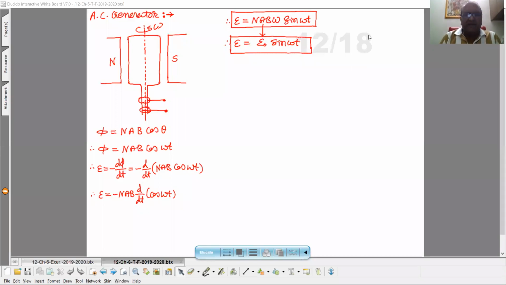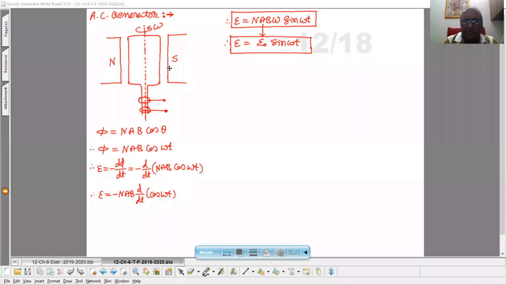Now AC generator. AC generator works on the principle of electromagnetic induction. When the flux associated with any coil changes, then the EMF is induced in it. Now see here, this one is the AC generator. So schematic diagram,